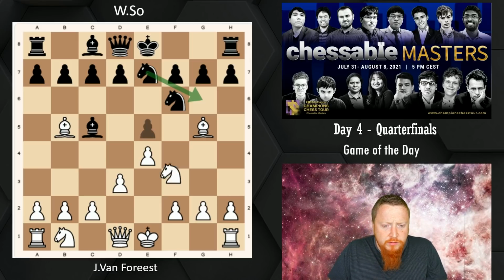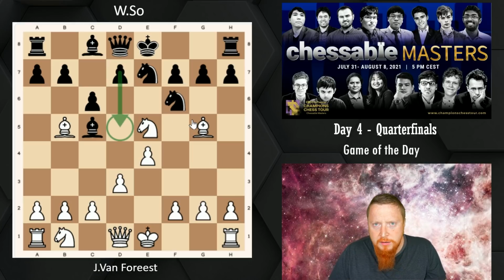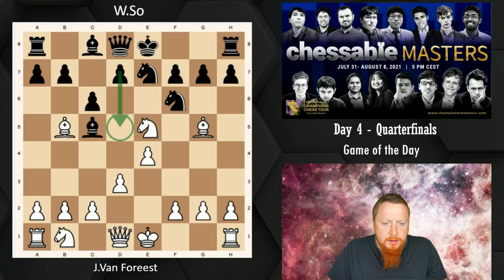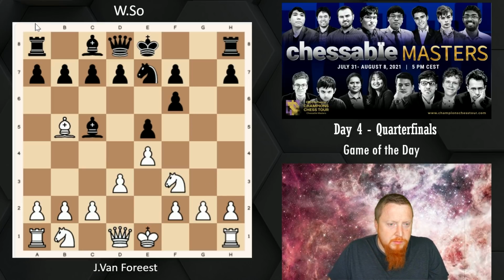But I think after knight takes e5, c6, and then whatever happens, d5 gives black extremely good play here. Now Jordan plays a very natural move. He plays bishop takes f6, pawn takes, and again, the computer thinks this position is fine for black, but I'm